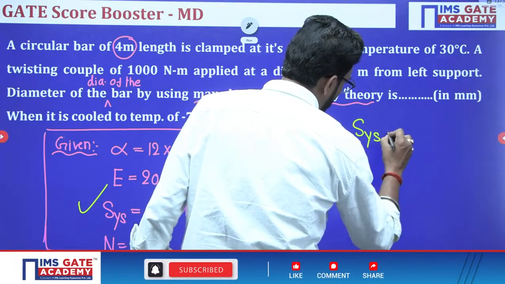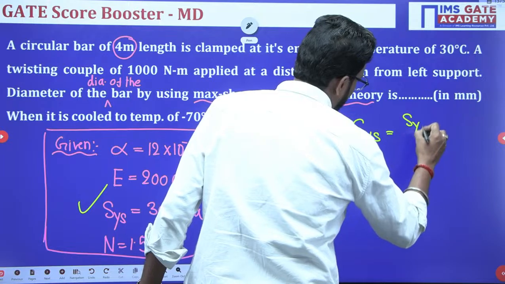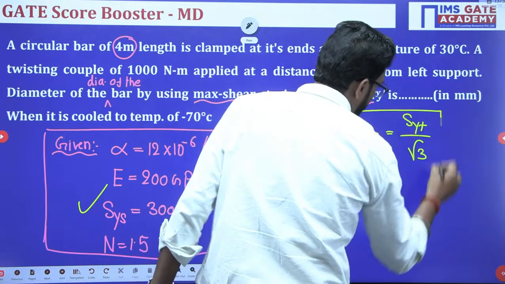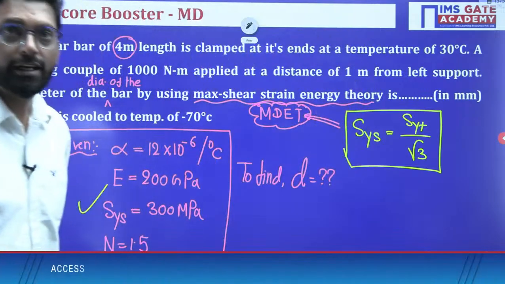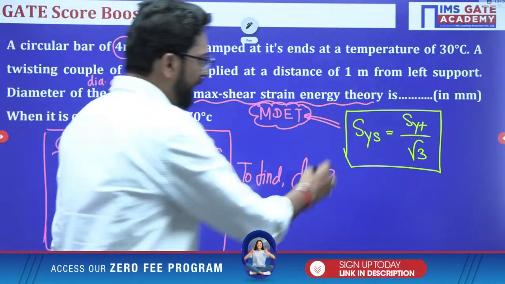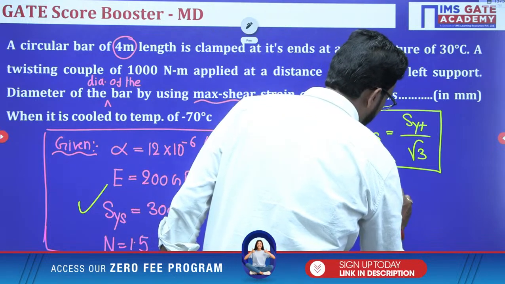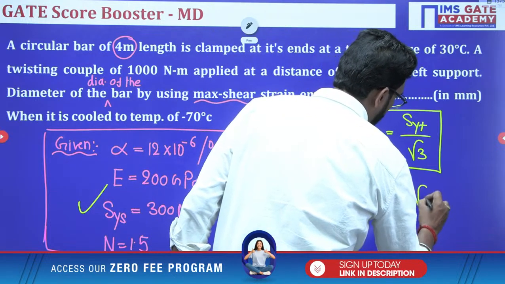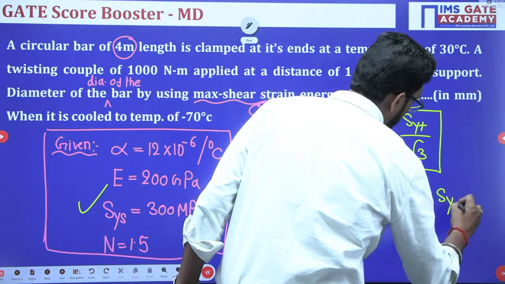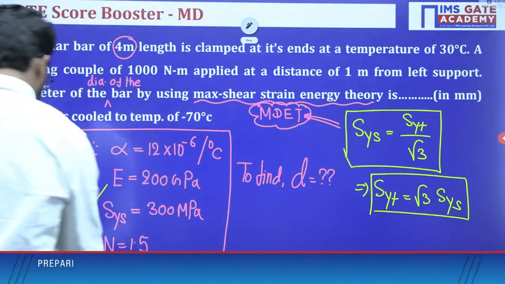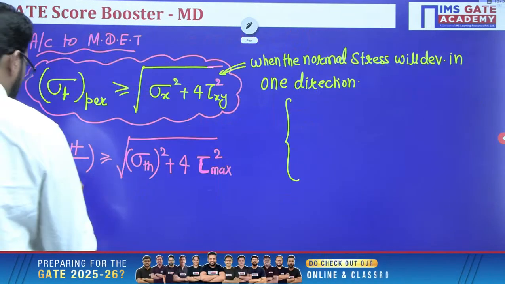Yield shear strength is yield tensile strength divided by root 3. This we know according to MDET. So my dear, here yield tensile strength is root 3 SYS, and SYS is given. So put here, instead of SYT,